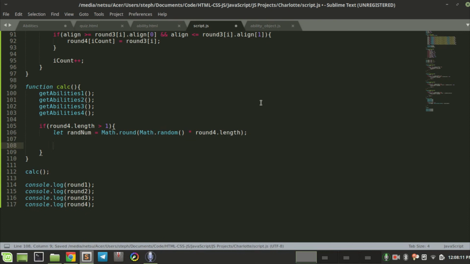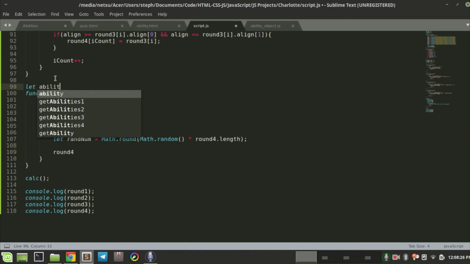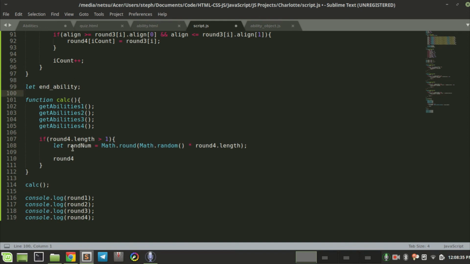Okay. Then round 4, or later ability, endAbility, then endAbility then becomes